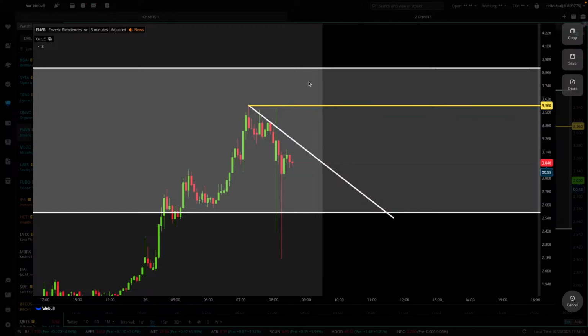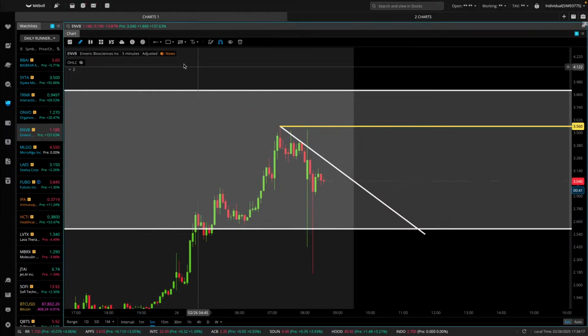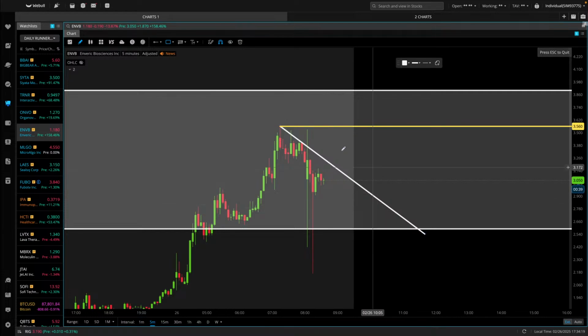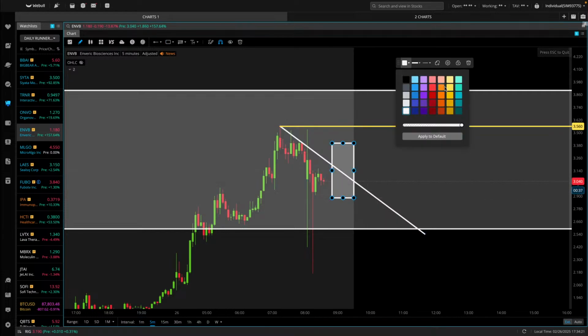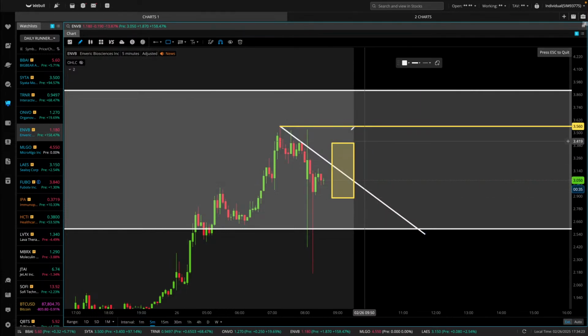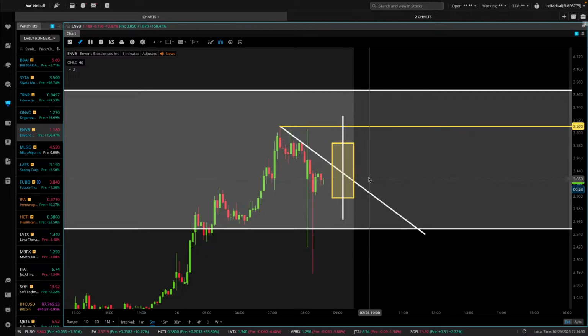So riskier entries are above the downtrend break. So candle body closes above. Everybody who's new and doesn't understand, that means the candle body. The candle body is represented in this yellow box. Here is your candle. This is your low. This is your high, open, close. Okay, so that's very simple to understand. That's the basics of a candlestick. You should know that by now if you're trading.